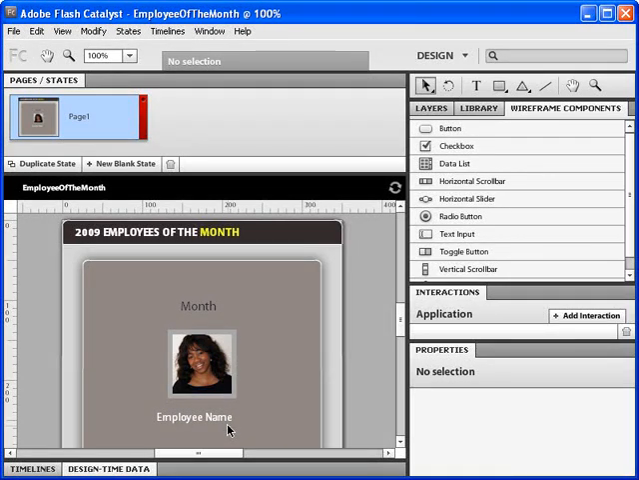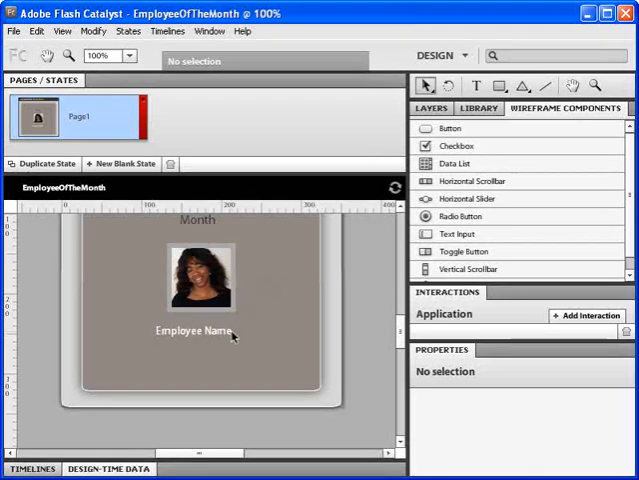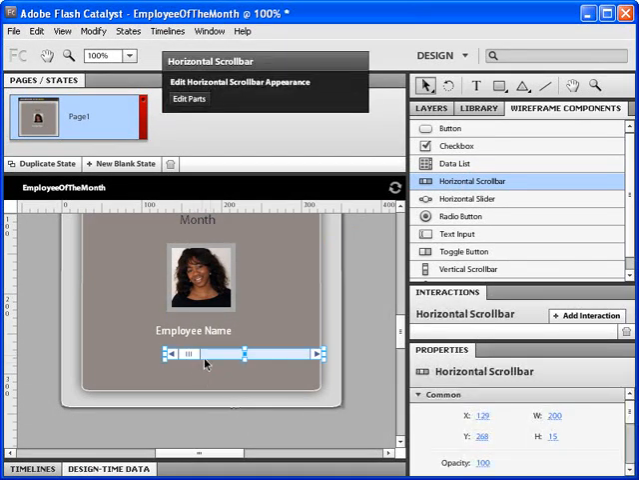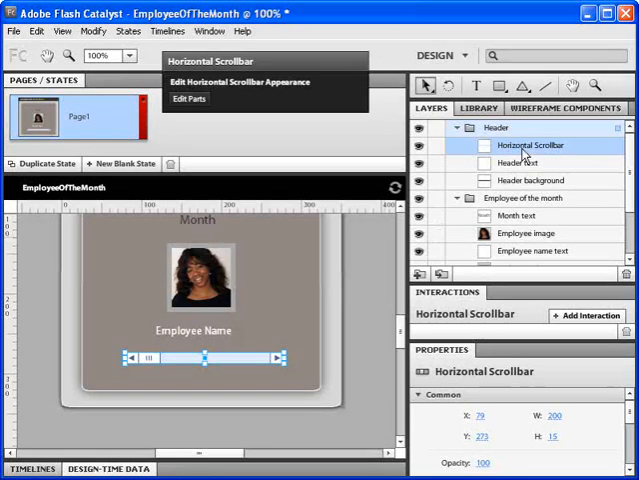I need a way to scroll the list, so the first thing I want to do is add a horizontal scroll bar to the interface. First, I am repositioning the artboard again so that I can see the lower portion of the design. And then I'm selecting the Wireframe Components panel and dragging the horizontal scroll bar component and placing it below the employee name text. Back in the Layers panel, you can see that the horizontal scroll bar component was placed in the header layer. I'm dragging it to the Employee of the Month layer